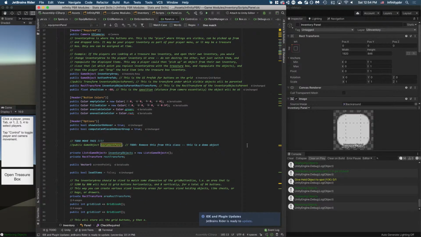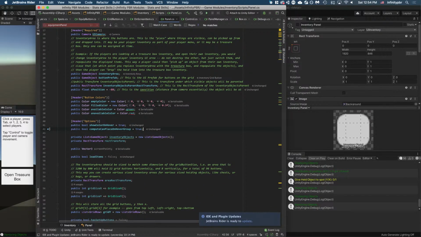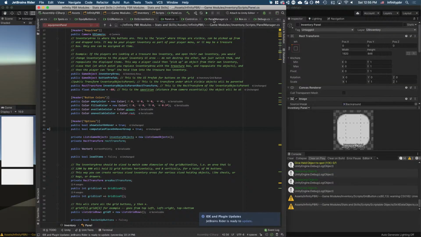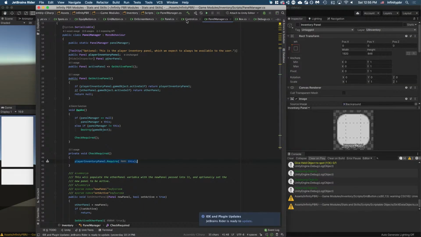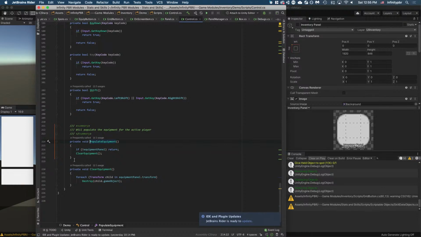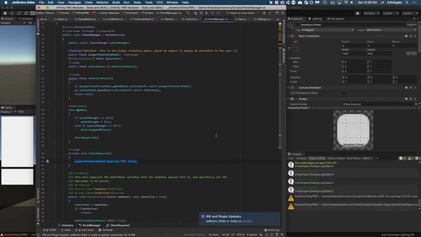And in to do, let's just delete those things. All right. So what was the point of all that? The point of all that was moving those into control because populating the equipment only matters on the player equipment panel. It doesn't matter on the generic box panels, etc. All right. So now,